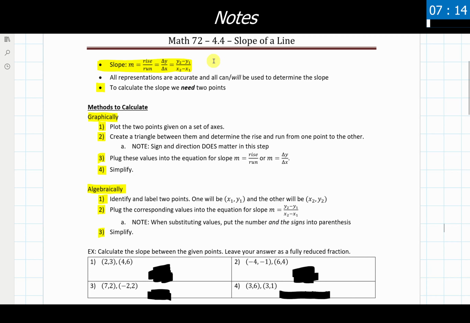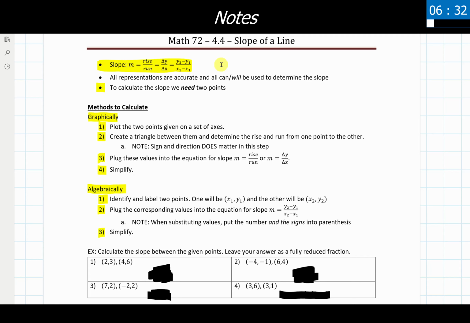Now, if we're taking a step back from the true mathematical way of thinking, the slope is basically the steepness of a line. How much is it increasing as I go left to right? How much is it decreasing as I go left to right? Is it really steep? Is it very gradual? Any kind of information like that. So the slope is generally written out as a single number, a positive, a negative, a fraction, a decimal, or we could even have a slope of 0 showing up. And there's nothing wrong with that. It just represents a unique sort of slope that we'll see in a couple examples later on.